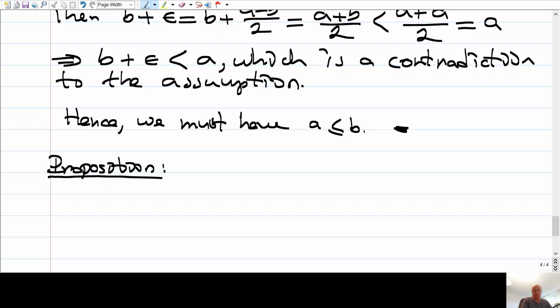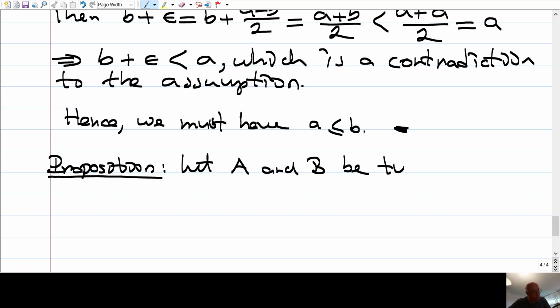If I have two subsets which are bounded from above, then I can add the elements of these subsets. I get another subset bounded from above. Moreover, the supremum of this new subset will be the sum of the supremums of the two subsets we started with. So let me just state,